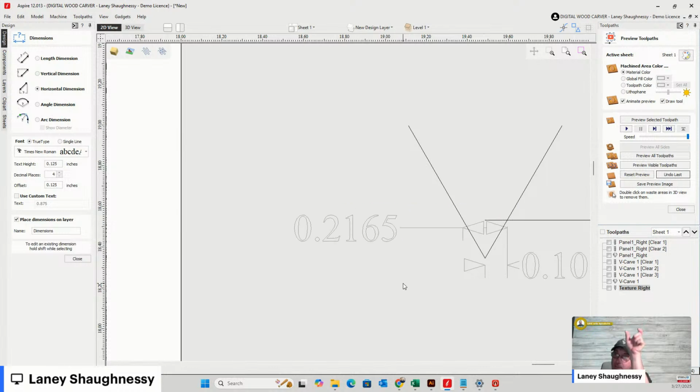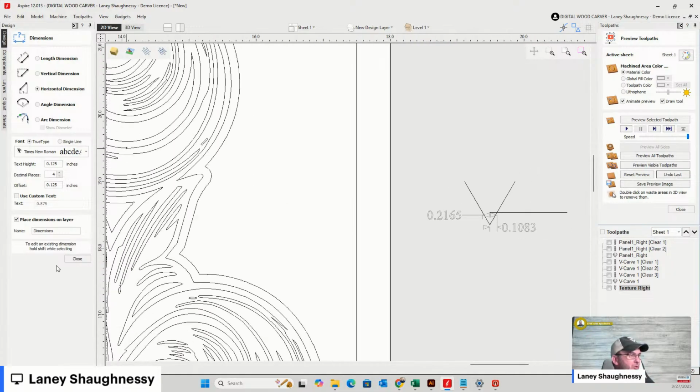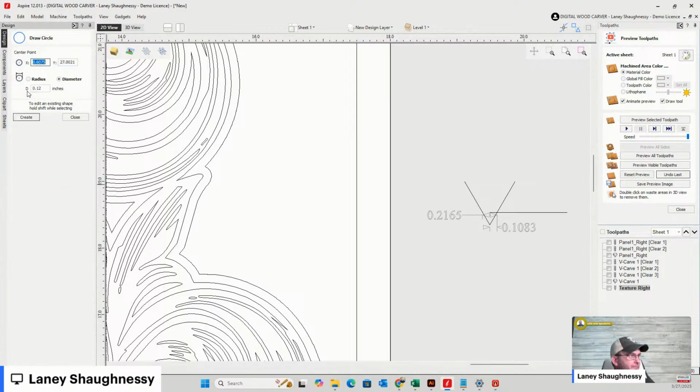That's how much of the width of the bit is in that area when it's cutting 3/16 of an inch deep. That's the diameter of the widest part of that depth, right? So if I drew a circle, 0.2165,